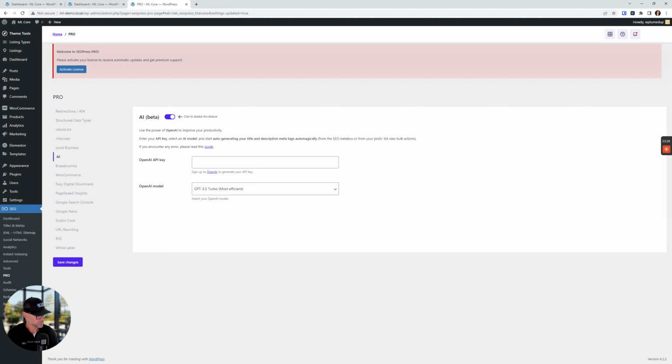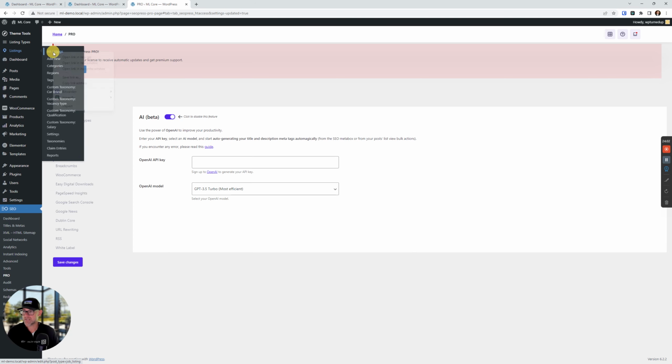Okay. Next up in the guide is how to assign listing meta using OpenAI. So sign up, get the free credits, try this out, see if it's something that you really, really like. And if you want to push forward with it, don't worry about the cost. I think it's going to be so minimal that you won't worry about it, given the return it might give you. Okay. So for this, if you go to your listings,